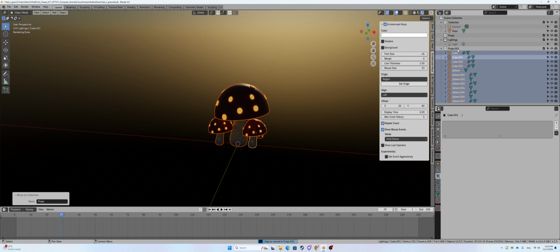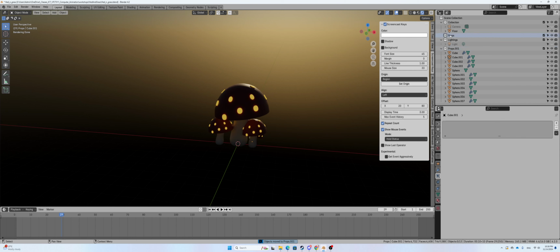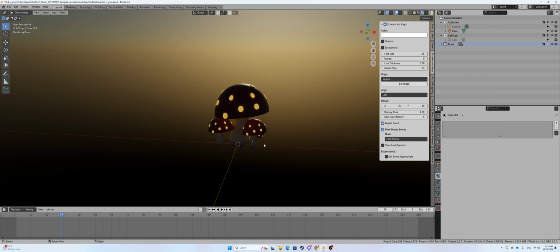Then when we have the prop, just simply, okay, but actually we have the prop, right? So I just delete the old one and rename this one. Then I will set it to be untouchable, and that's it. The prop is in the scene. We cannot click it. So let's add a new collection outside of the prop, maybe under the scene, and call